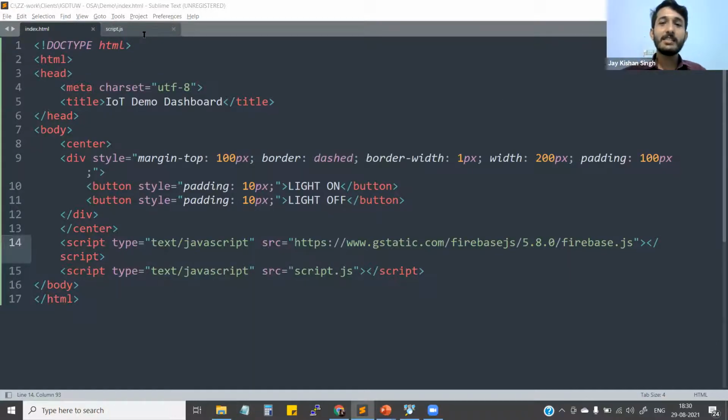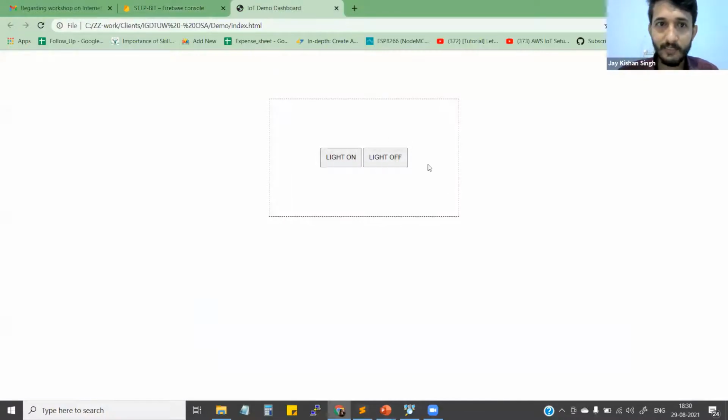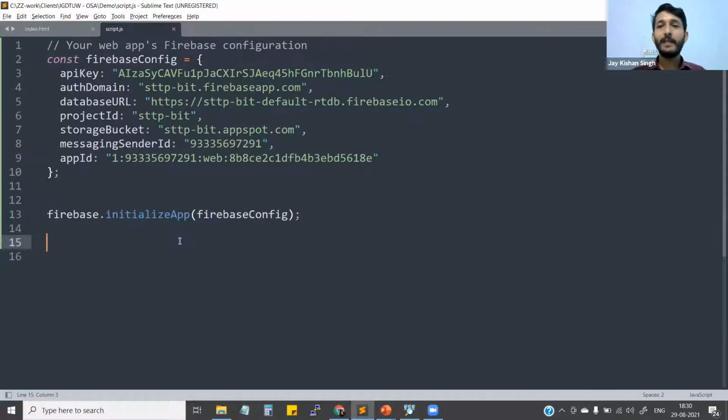Fine. So now this is the time. We're going to set up these two buttons, right? We're going to set up these two buttons, but let me just do one thing here. See, now I'm coming back to this script file. Okay. So again, I'm coming to this script file right here, and see what I'm going to do.